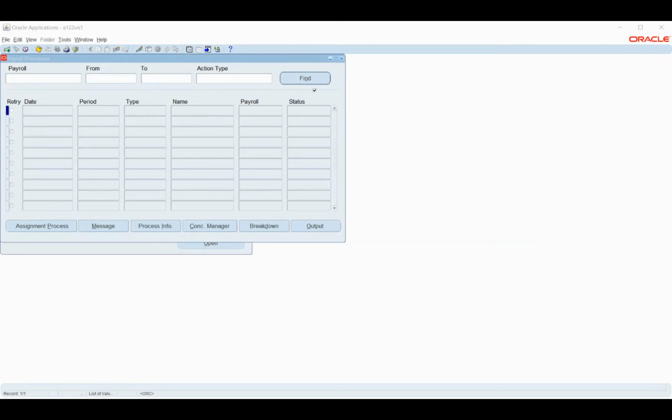So this accounting entry we are transferring to general ledger. Now how will the system identify that this is a debit entry and this is a credit entry? Whatever we are seeing in the balancing becomes my credit entry, and whatever I have on the other side becomes my debit entry. This is where we define it when we link our elements with our payroll.